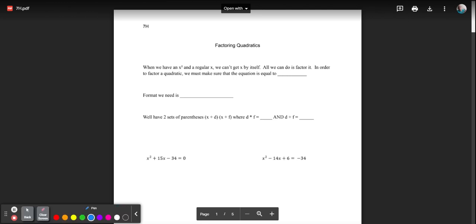Okay, so whenever we have an equation that has an x squared and an x, it's impossible to get x by itself. You can't do it. So all we can do is factor it. We could factor it because, long story short, with